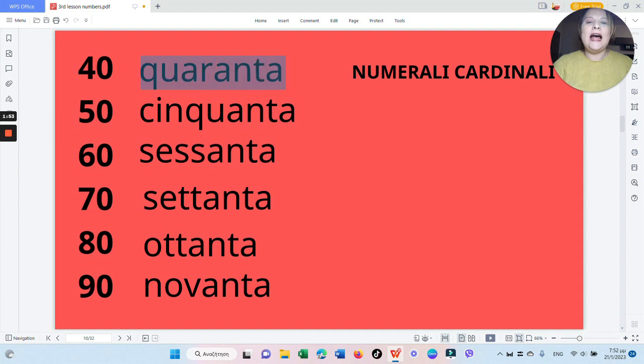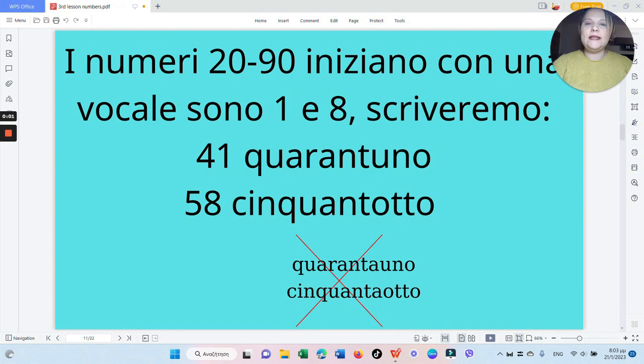40 is 40, 50, 60, double S for 60, 70, 80, 90. Now, pay attention, when I've got decades like 20 to 90, that is 20, 30, 40, 50, 60,